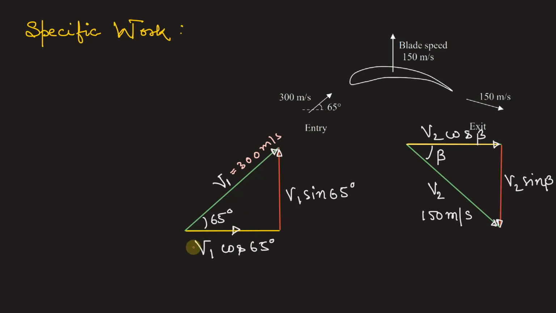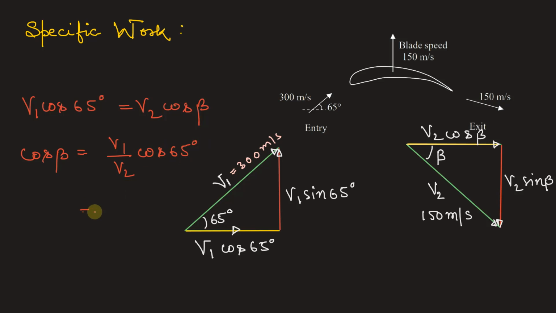Now the information provided in the problem is that the horizontal component at the entry as well as at the exit are equal. So we can write V1 cos 65 degree is equal to V2 cos beta. So from here, cos beta will be equal to V1 by V2 cos 65 degree. Now in the problem, V1 is 300 meter per second and V2 is 150 meter per second, multiplied by cos 65 degree. So this value will be 0.84523. So from here we can calculate beta, which is equal to cos inverse of this. Therefore beta will be equal to